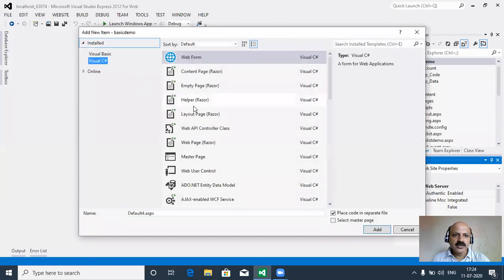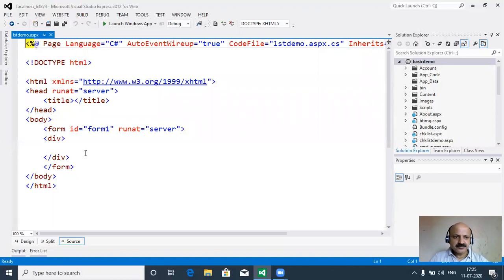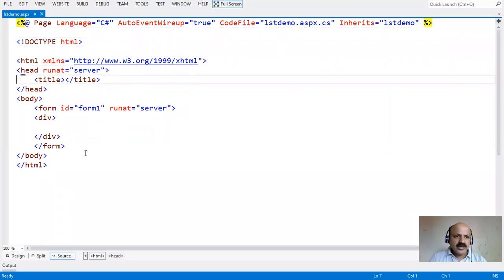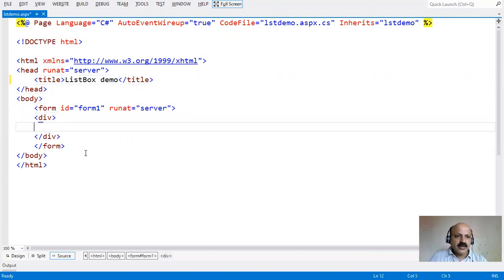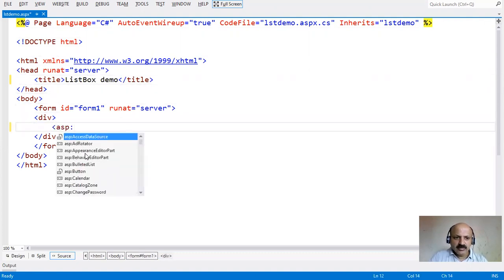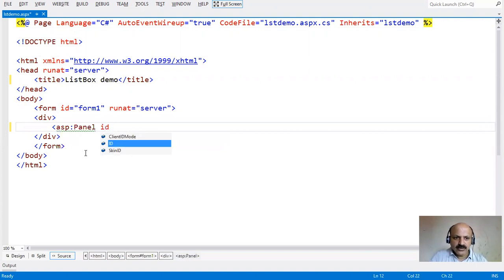In the File menu, I take a new file. Here Visual C# web form file is selected, and here I provide the name of the file like lst list dem. Lst means list. Okay, and just press the add button. Here we take the heading list box dem. Okay, and here in the division take one panel as a container control and provide ID like P1